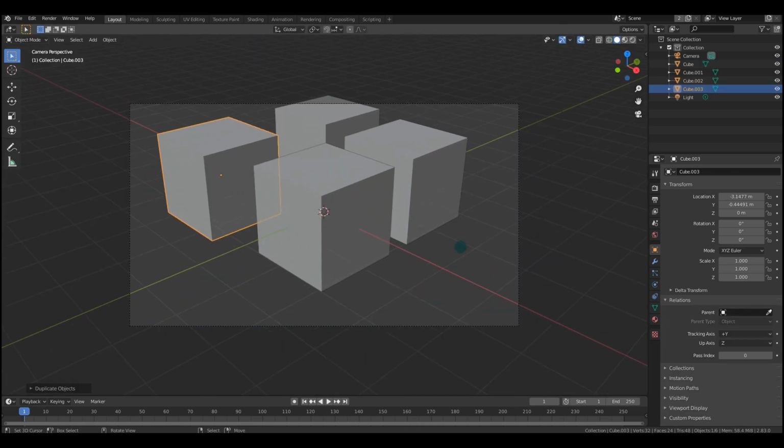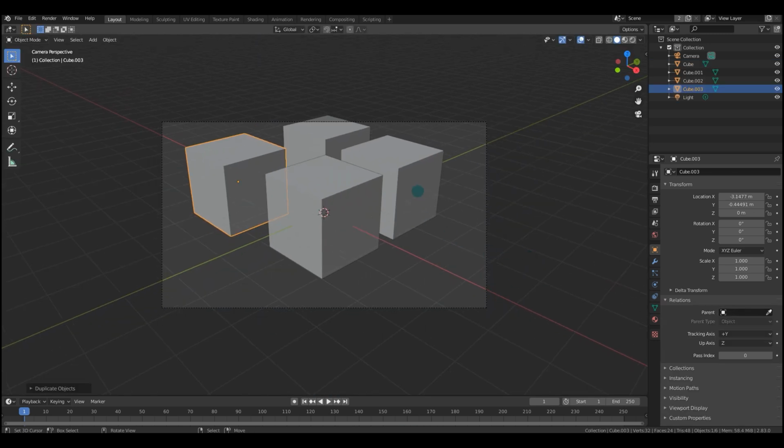The ID mask node is going to output an alpha mask based on the object or material index pass. The way that you set up these index passes is by selecting an object, going into the object data panel under relations, and changing the pass index to something other than your other objects. It's also possible to do this with materials and make masks based on materials, which is awesome.